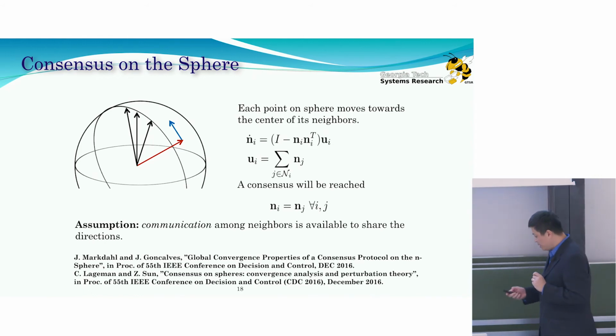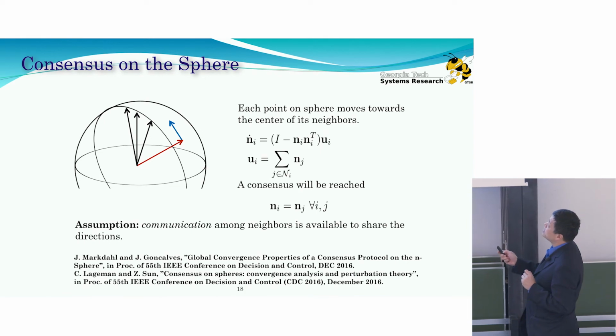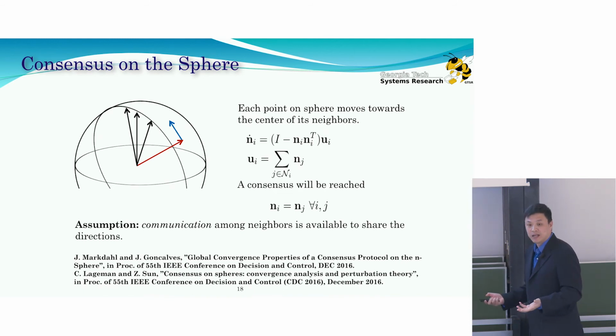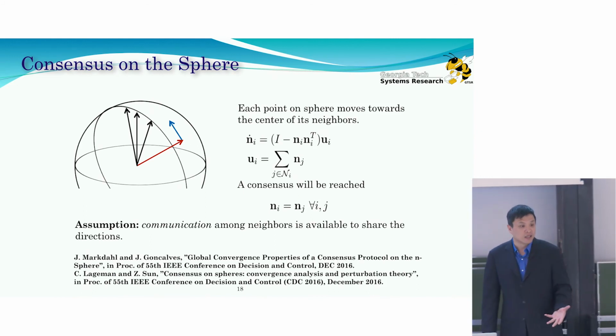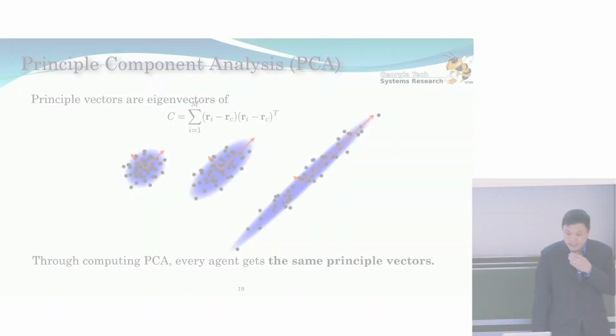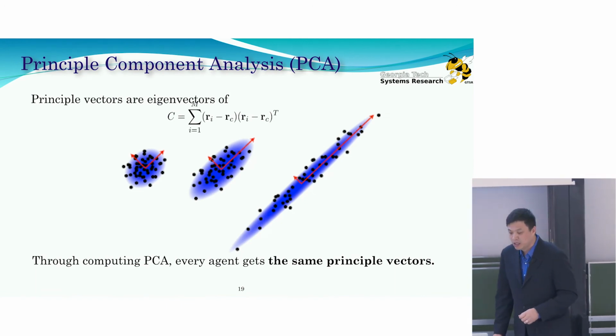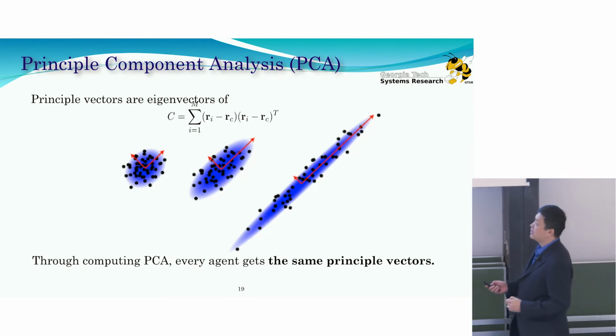The problem is this consensus requires that the agent knows the forward direction, the normal direction from all its neighbors. And how can the agent know that, right? It requires communication. So this result still assumes communication, and underwater communication is hard, right? So how can fish do it? Fish are not talking to each other, right? So how can fish do this? So again, because of this project, because of this interaction, we figured out actually fish can do this by only